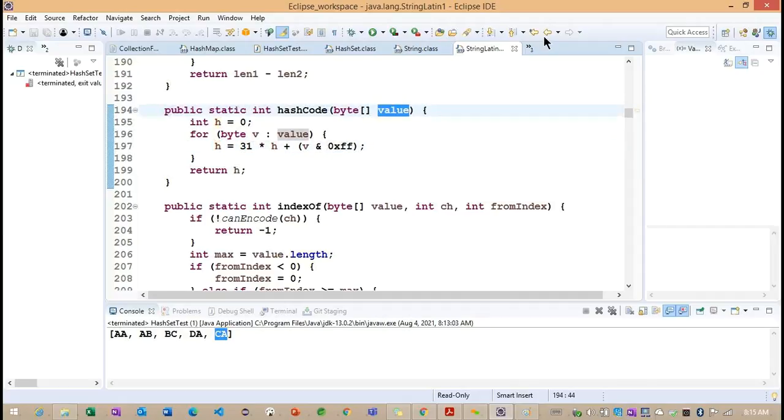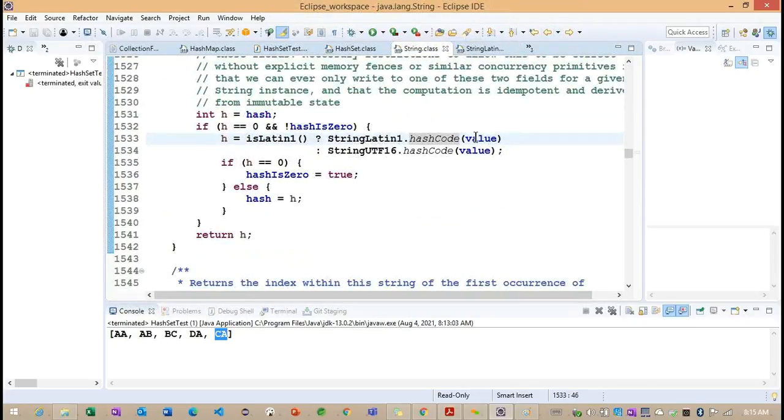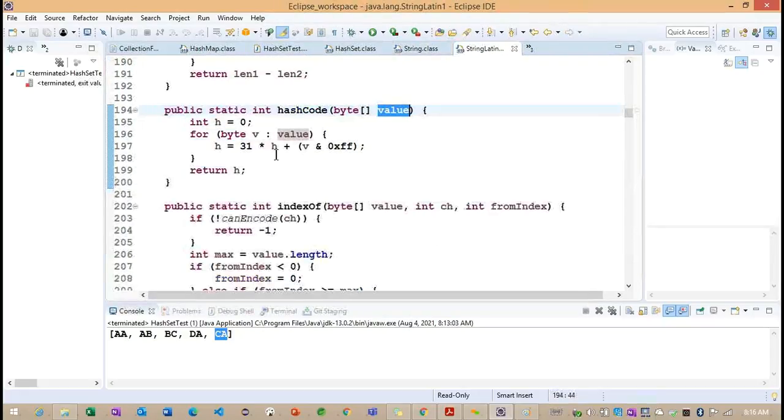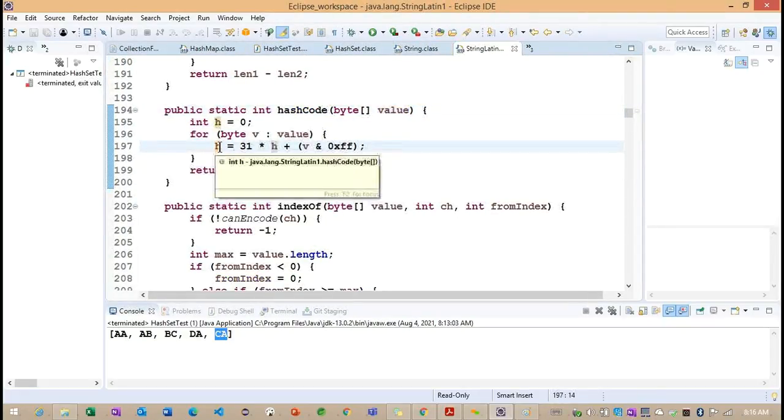But what about this particular byte value? The byte value we are going to get here. For example, we are having double A. What is the A value which resides in our Unicode systems? So the values are going to load, something called ASCII values. Based on the character, what is the ASCII value we are going to have? Based on this ASCII value, the hash code is going to be generated.